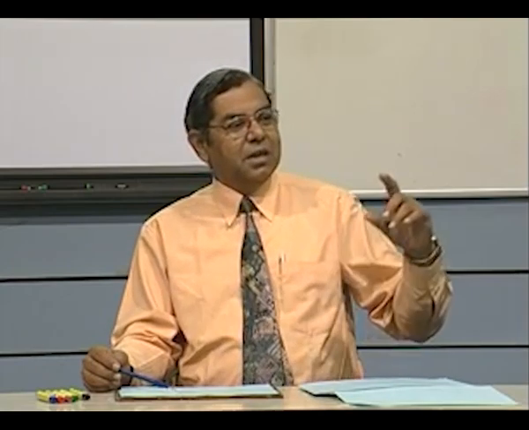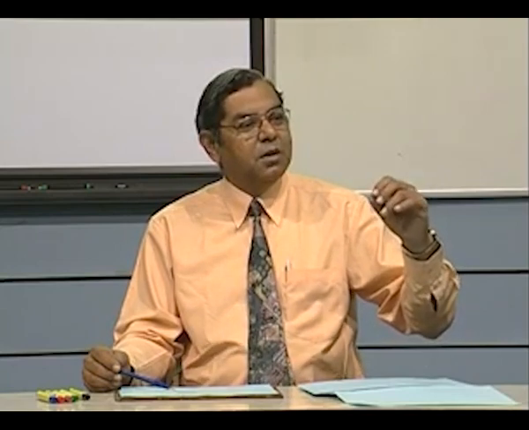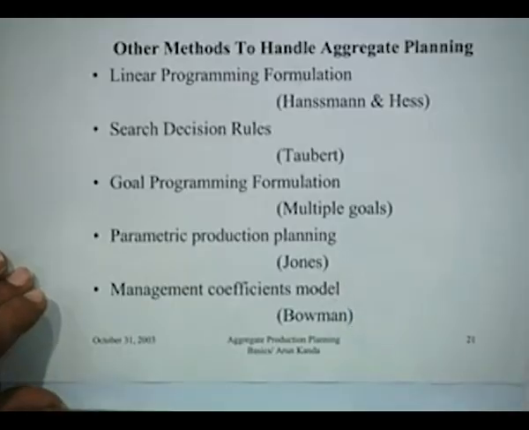Which might happen, for instance, as in the example of the graphical procedure. We had two plans. One could be the idea of manager 1, the second could be the idea of manager 2. If you had maybe 75% confidence in one manager and 25% confidence in the other, you could take the two plans and find out the production quantity in each individual period. That would be the approach you would follow. So there are a variety of methods for solving the aggregate production planning problem.